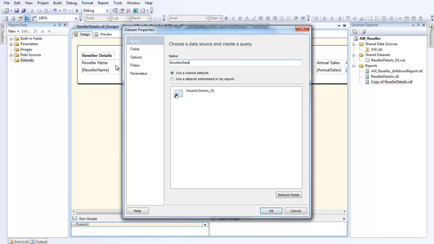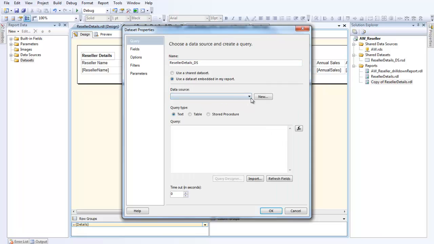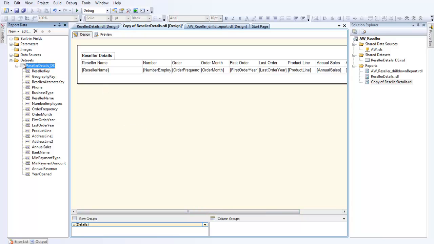Reseller details underscore ds, and then I go to use embedded dataset in my report, and then put in the select statement that we copied from the previous report, and I'll get rid of this where condition. So it's a very straightforward select statement there. Click OK,